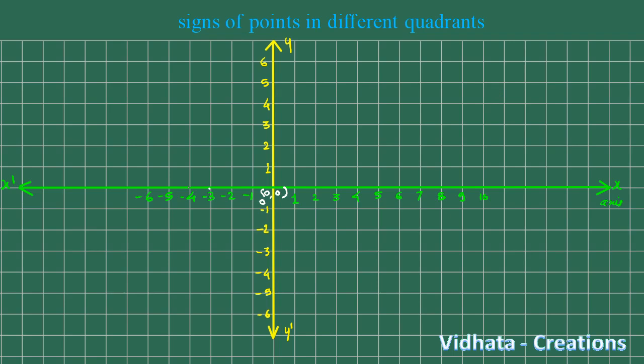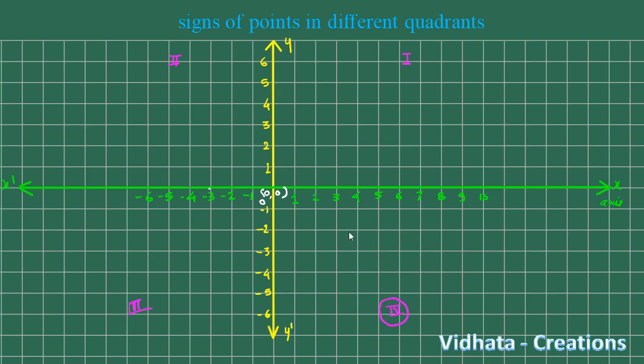Now, in the previous article, we have studied that suppose this is the first quadrant, here this is the second quadrant, and this is the third quadrant. Okay, this is the fourth quadrant, and these quadrants are supposed to be anti-clockwise. So this is the first quadrant, second, third, and here it will be fourth, like this.